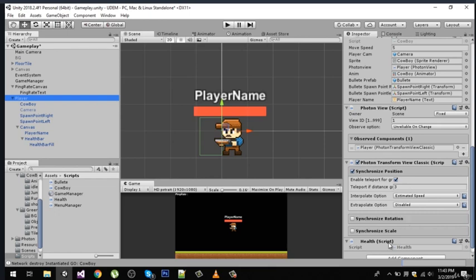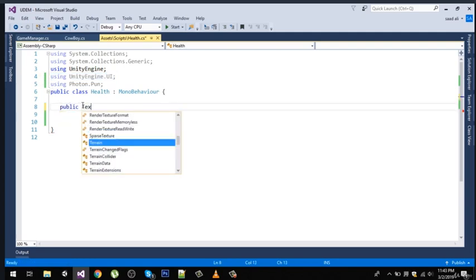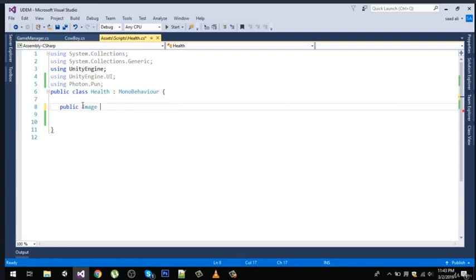So as you can see right here, now open the script in Visual Studio and import using Photon.Pun and UnityEngine.UI. So let's create a public reference for the filled image. So public Image fillImage,